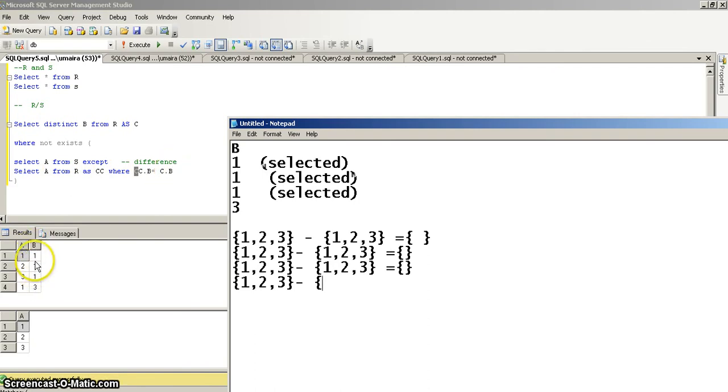So all those tuples will be selected which have the value of 3 in B in table R. So 3 will be selected. So 1 will be selected, since the corresponding value of A for 3 is 1. So 1 will be selected, and the difference of that will be 2 comma 3. So the not exists condition will be set to false, and this value will not be selected, right?